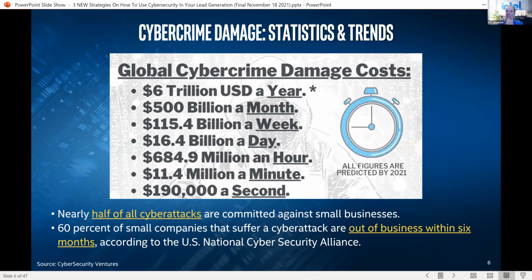A lot of our customers in the SMB space would go, $190,000? Well, that's a second. What I want you to understand is that everyone out there is facing this issue of security incidents happening regularly, and we have to communicate by numbers. But they also need to understand that many of the attacks are long-term, meaning someone has a breach, and nearly half of those businesses that get breached, a large amount of breaches are SMB. Of the businesses that get breached, 60% are out of business within a 6-month time frame.